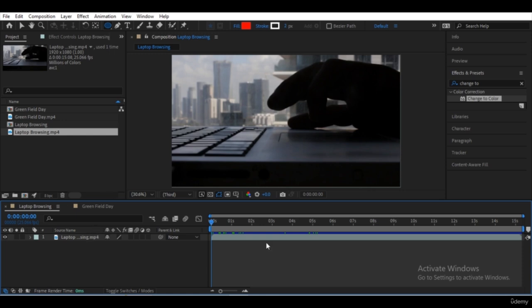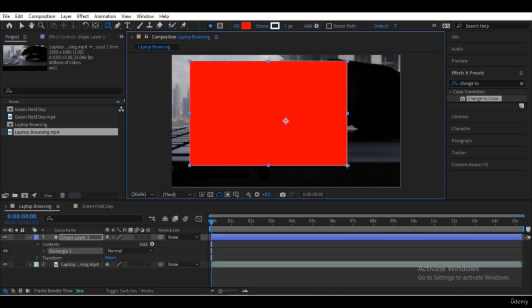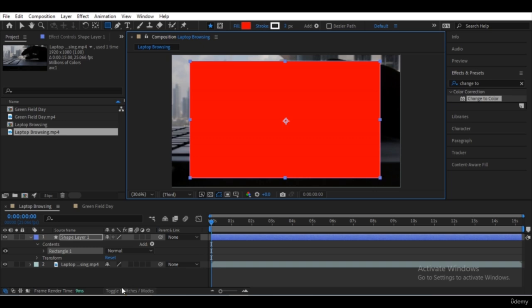Right now, we already unselect our video in the timeline, and we go to the menu on top, the shape tool. Let's try the shape tool. Press the icon for a long time to select which shape you want to create. For the keyboard shortcut, we can press Q on your keyboard, and then we can directly click and drag on your preview screen to create the new shape layer.